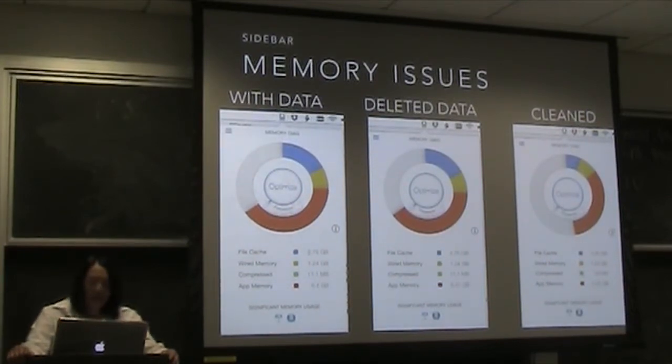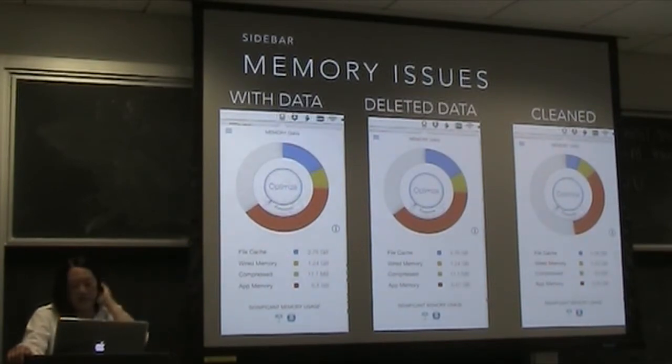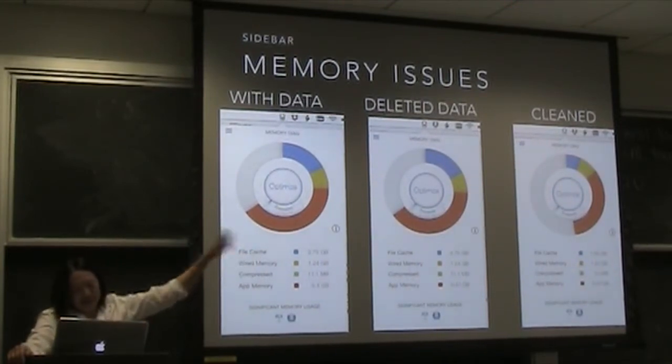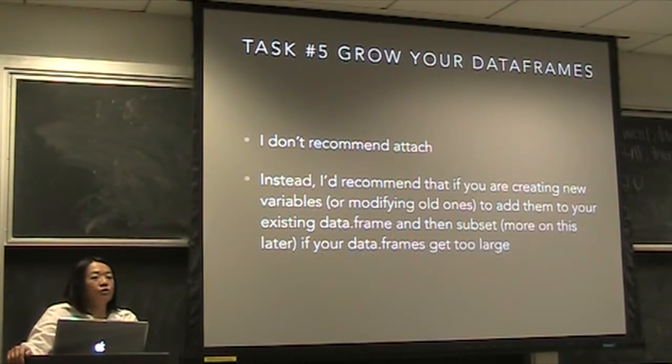And you can get around that. I don't even know what this one is called, but it tells me where I'm using up memory, and how much, and I can click the button, and it's going to clean it up a bit for me. All right. So with data, I deleted it, and it was still hogging up 6 gigabytes, and then at least I got a little bit back from it. It's 5.5 or so. Okay. Questions on that? These are nice little things that you can install now. You don't have to wait till that night.